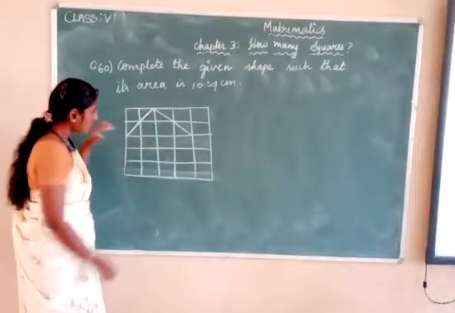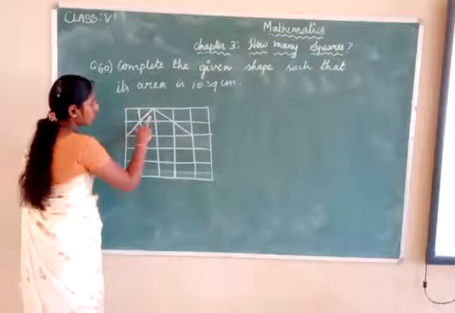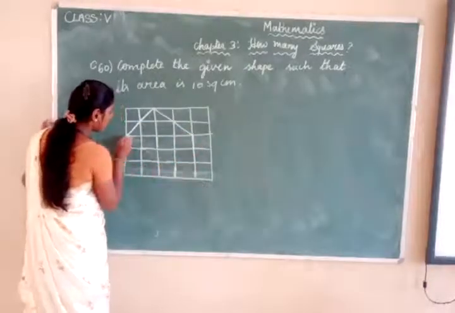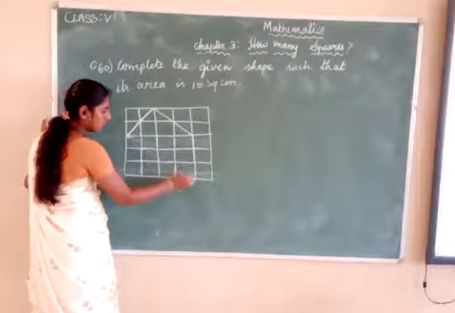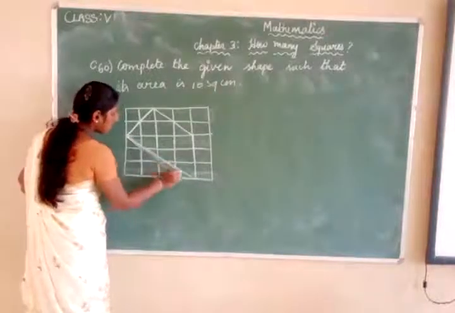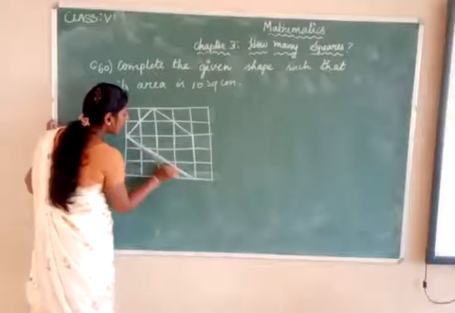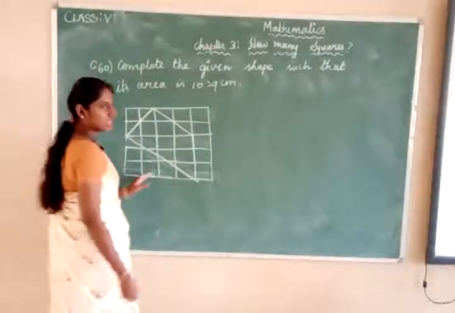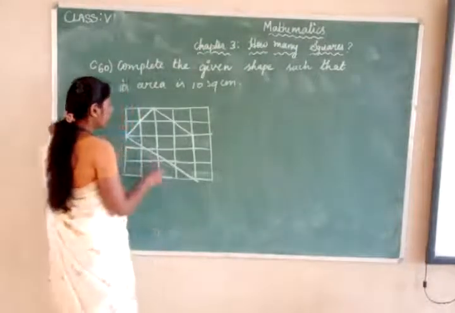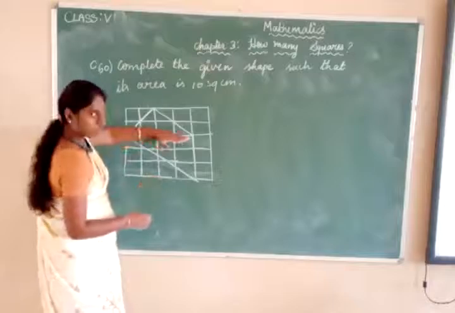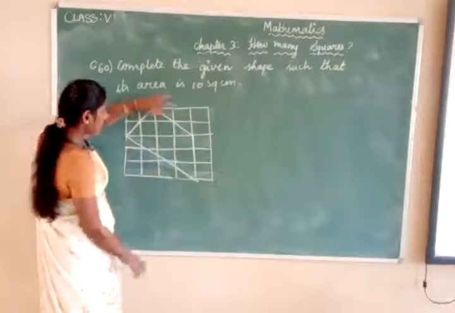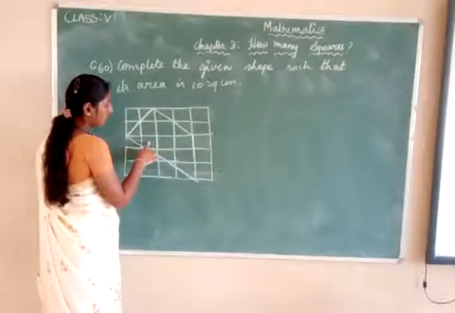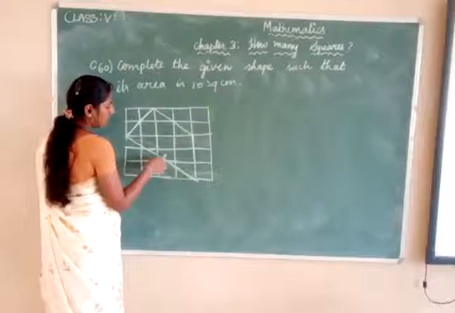Till now it is 1, 2, 3, 4. Join this line. I join this with this end. So how? Look here. You can make use of your scale, and with the help of your scale you can draw a neat line. You can start counting the squares. I already counted till this as 4, right? 1, 2, 3, 4. Now start counting from here: 5, 6, 7, 8, 9, 10.